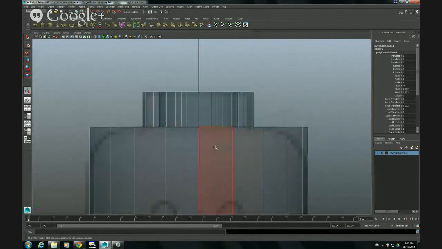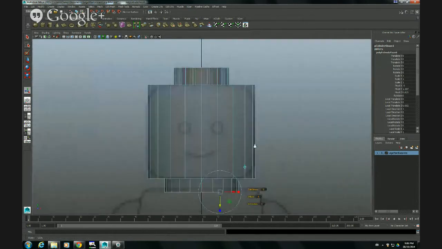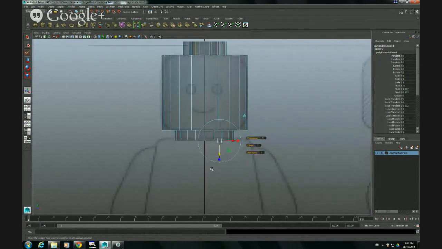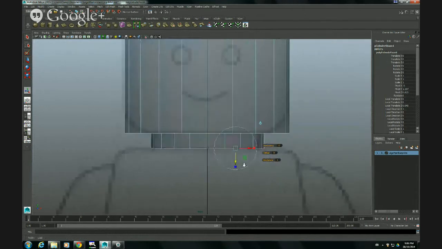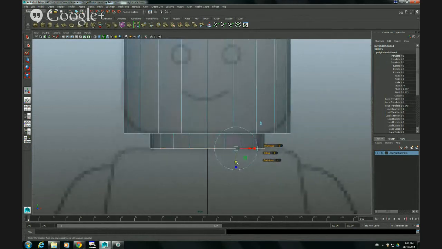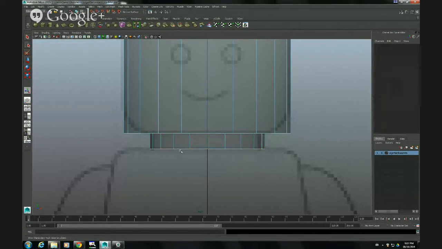And I'm going to do kind of the same thing I did with the top of the head. I'm going to put it around there, just so it barely touches the body of the character. Okay, so it's there. It's okay. Now,